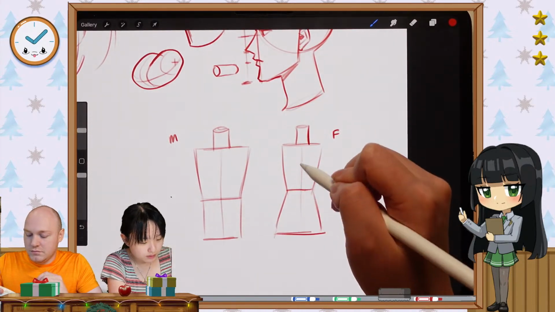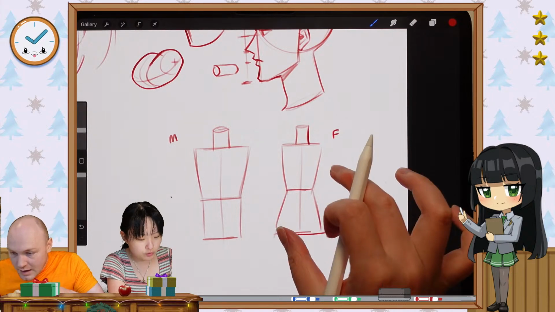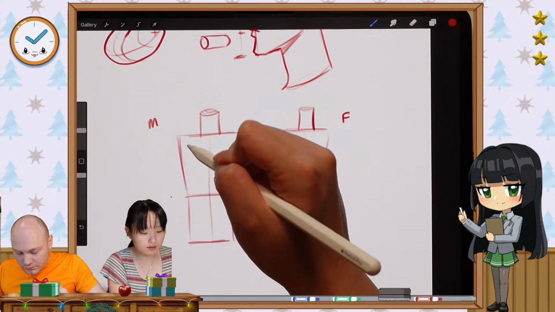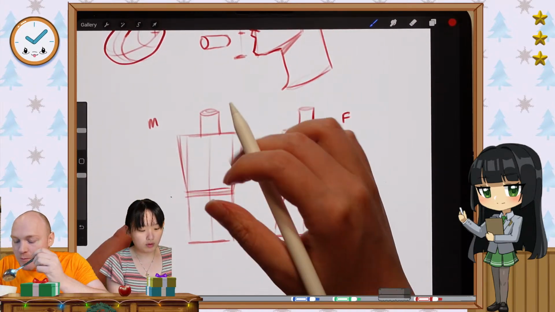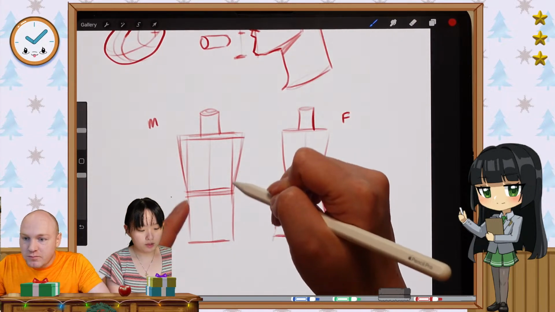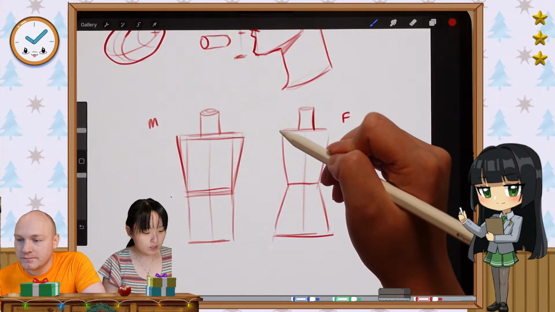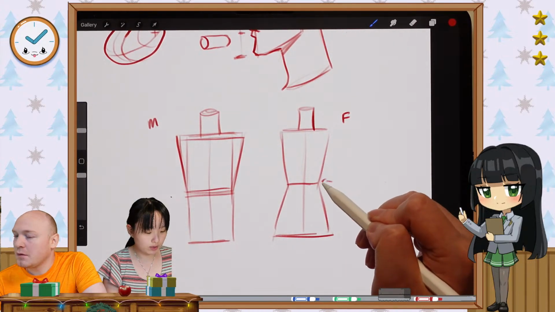So I'm going to cover a little bit on the male and female body differences because I know that people want some body tutorials. I'll do one kind of quickly though. I divided the torso into 2 boxes. So it looks like this, about 2 equal sized boxes, maybe should be a little bit smaller than that. The male body, you'll notice that I spread this out a little bit wider towards the top. And this one, I actually thinned it down around the rib cage. This is the end of the rib cage right here.